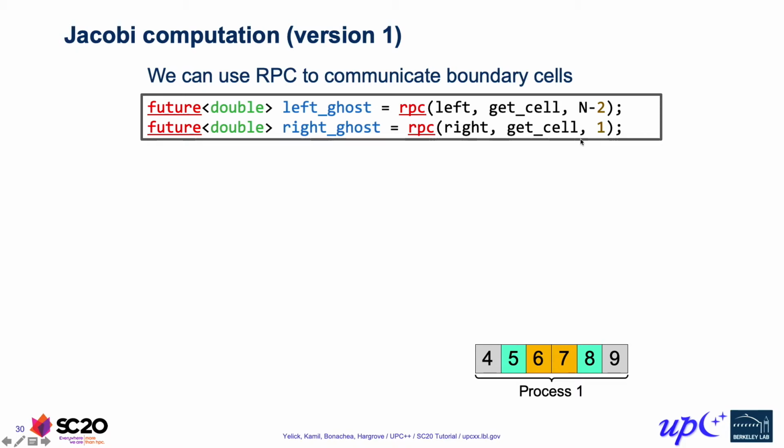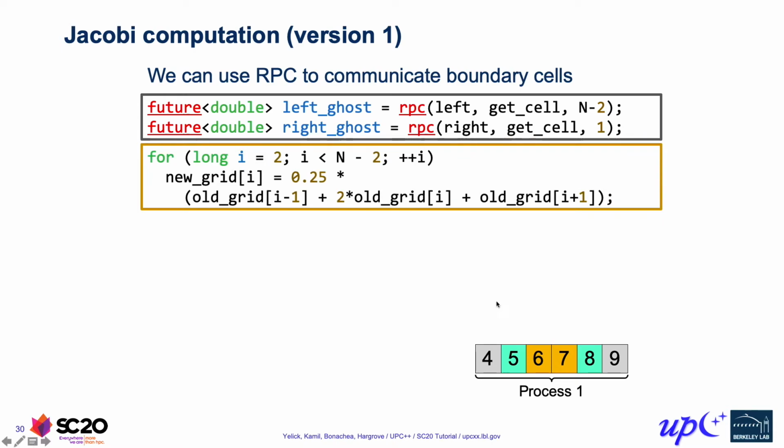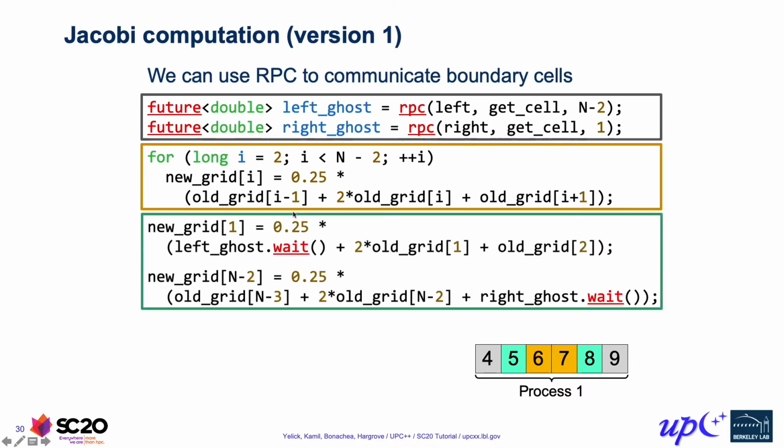Now what we can do is launch these RPCs at the beginning of an iteration, and here we're overlapping those two communications. But at the same time, we haven't waited, so we can actually do our interior computation. So if we look at our grid over here, everything but our own edge cells, we can actually compute using just local data. So we can do the computation for those interior cells, and then after that computation is done, we can go ahead and wait for the results of our RPCs and perform our edge computations as well.